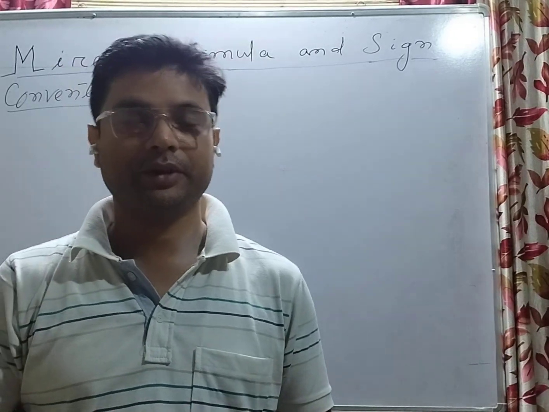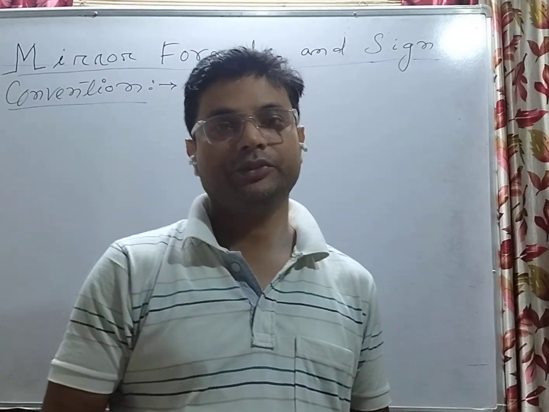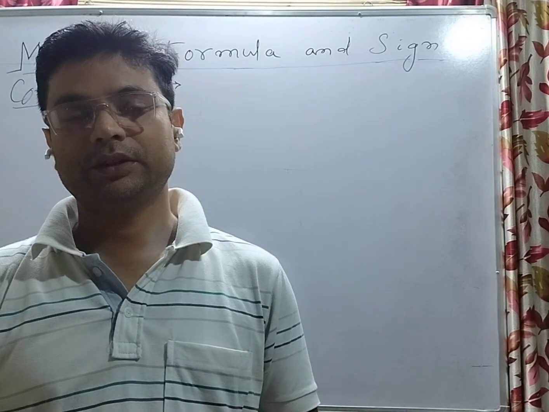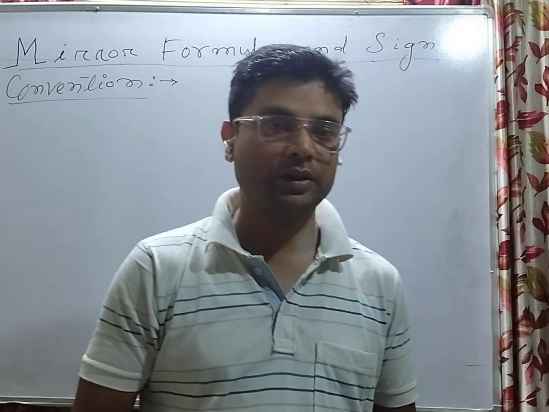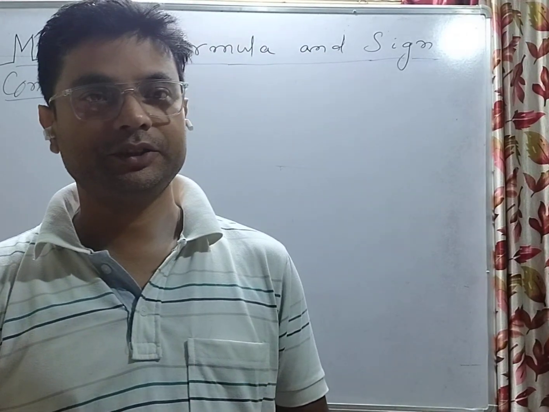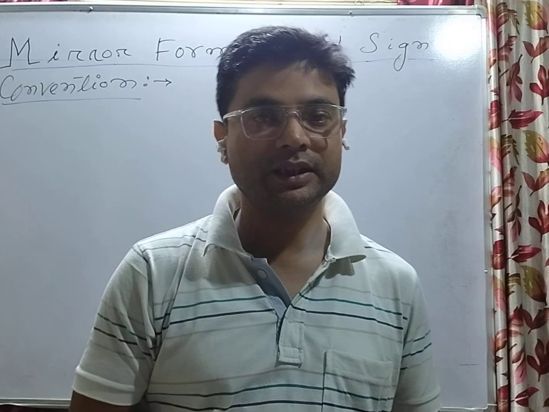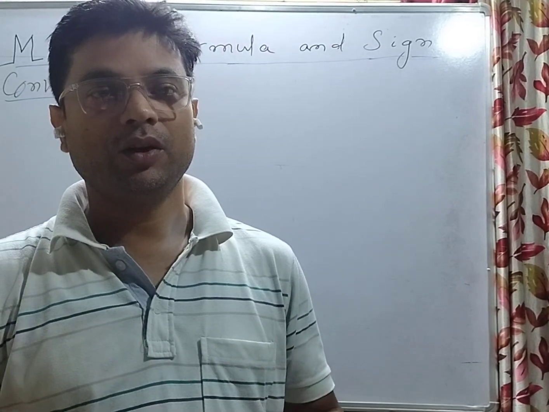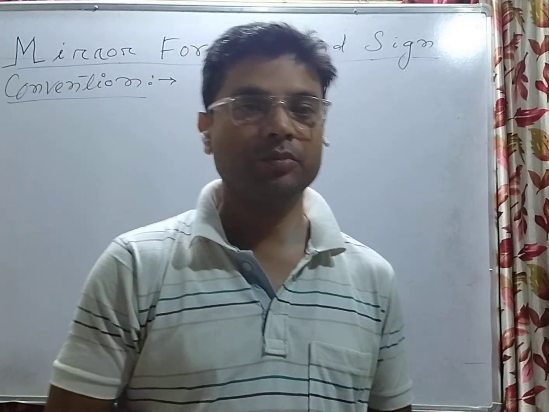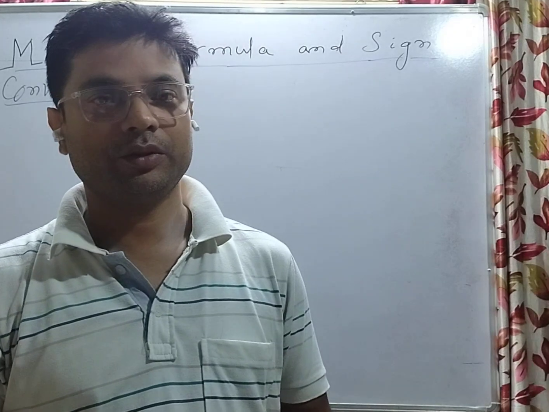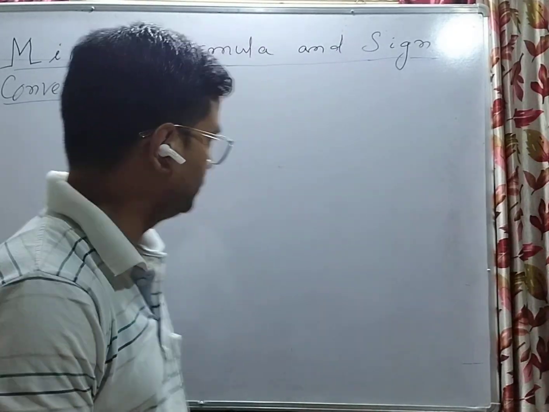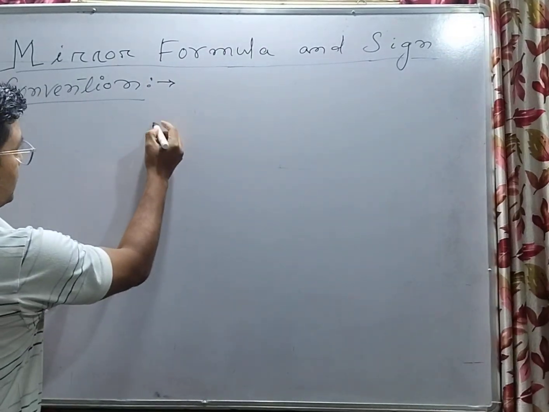Class 10, chapter reflection. Today I am going to discuss what the mirror formula is. Mirror formula is the relation between object distance, image distance and focal length of a mirror, which is calculated from the pole of that mirror. That relation is like this: